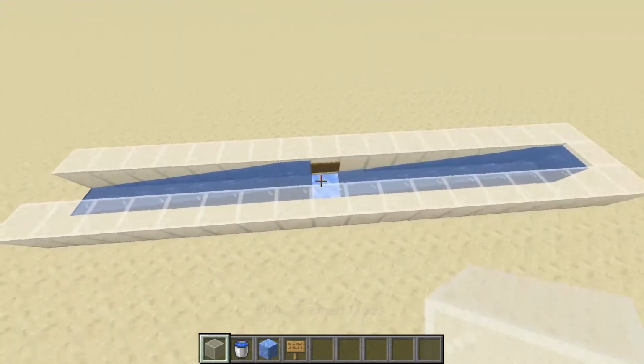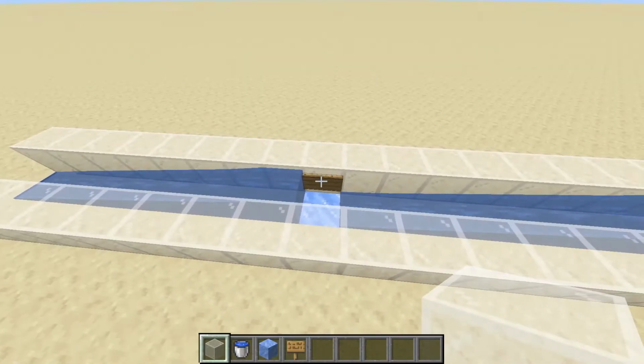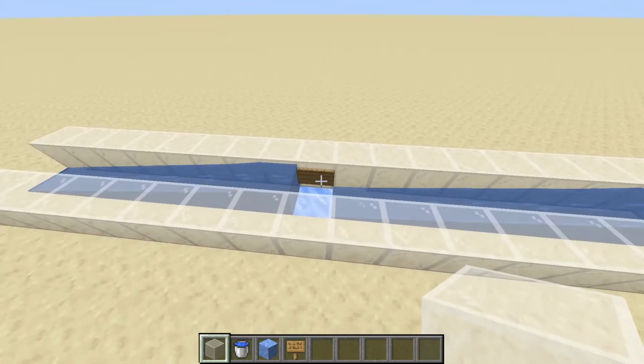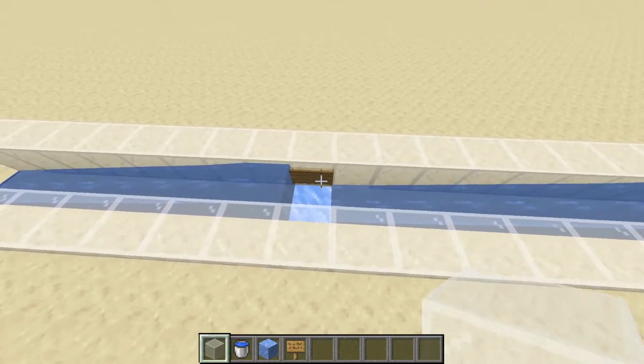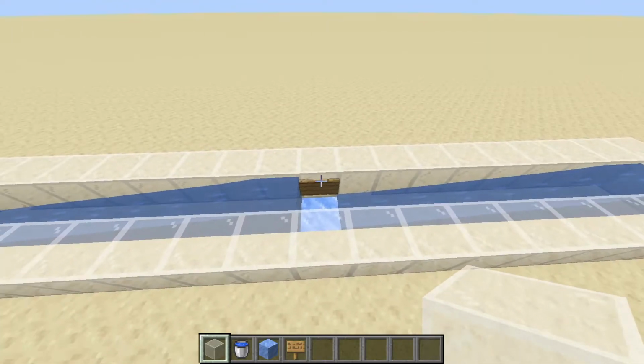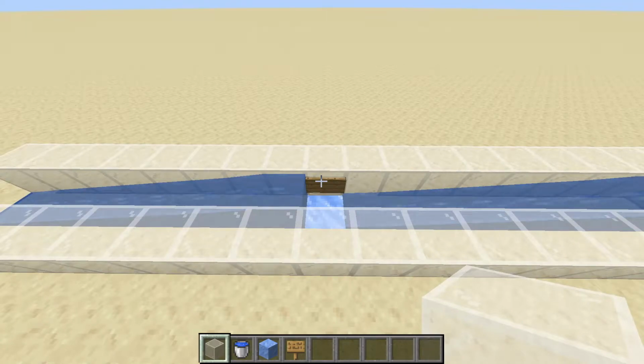Now we do have a dead spot if you're using this for a collection system, otherwise it's not going to be much of a big deal, but we can modify this in a certain way so that this isn't a dead spot if you really need to use this for a collection system. And I have a tutorial on that and a couple of different ways you can do that, and I'll link that in the description below.